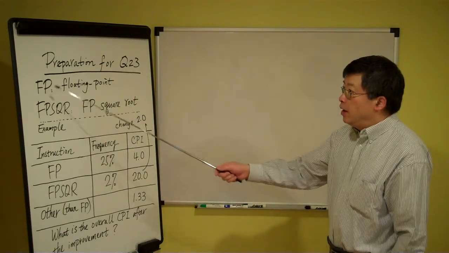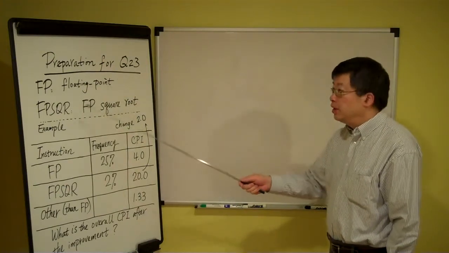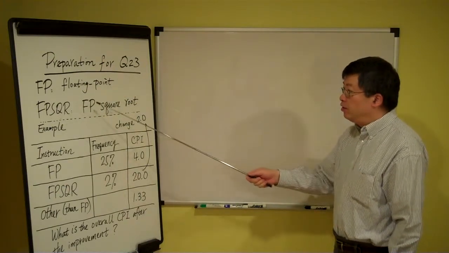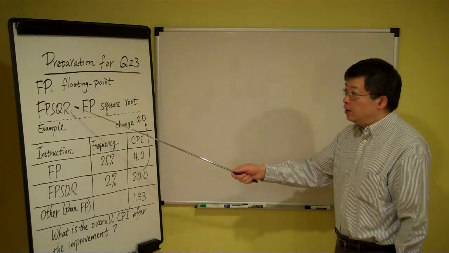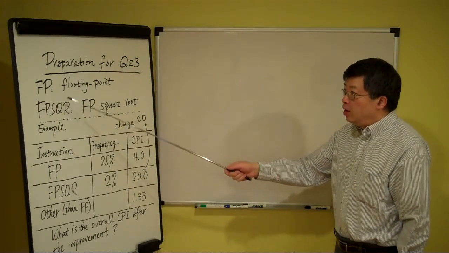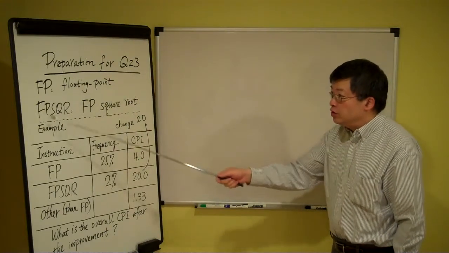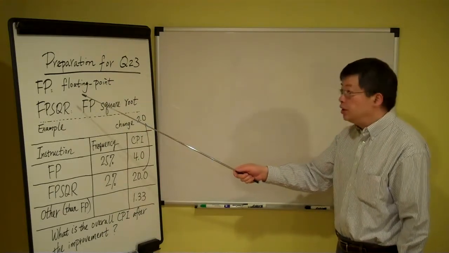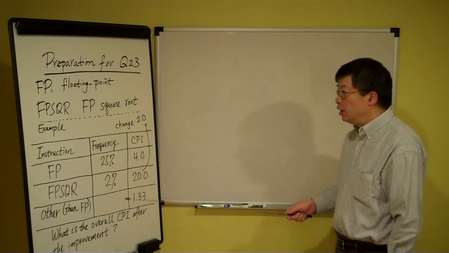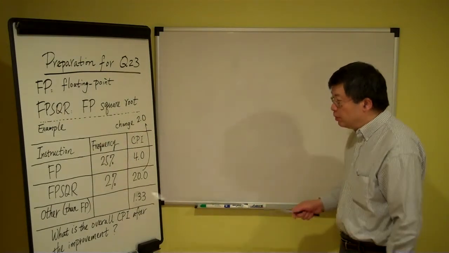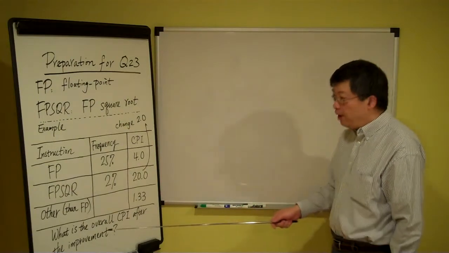Okay? FP, floating point, FP SQR, floating point square root type. I told you before, this type of operations is mainly used in computer graphics applications. So it's very important. So in this example, the information we have,